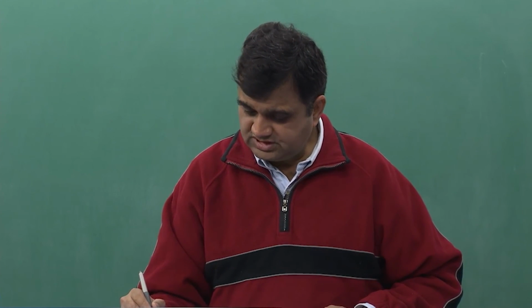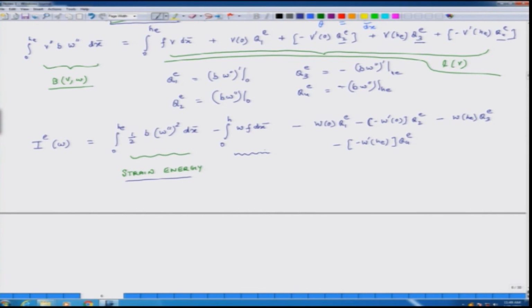Okay. This is the work done by an external force which is distributed, right. The distributed force over a small element is F times dx, and at that location deflection is W, then this WF is the work done on that small element, and if I integrate it over the entire length, that will be the work done by external force which is uniformly distributed. So, this is work done by external distributed force. Okay.